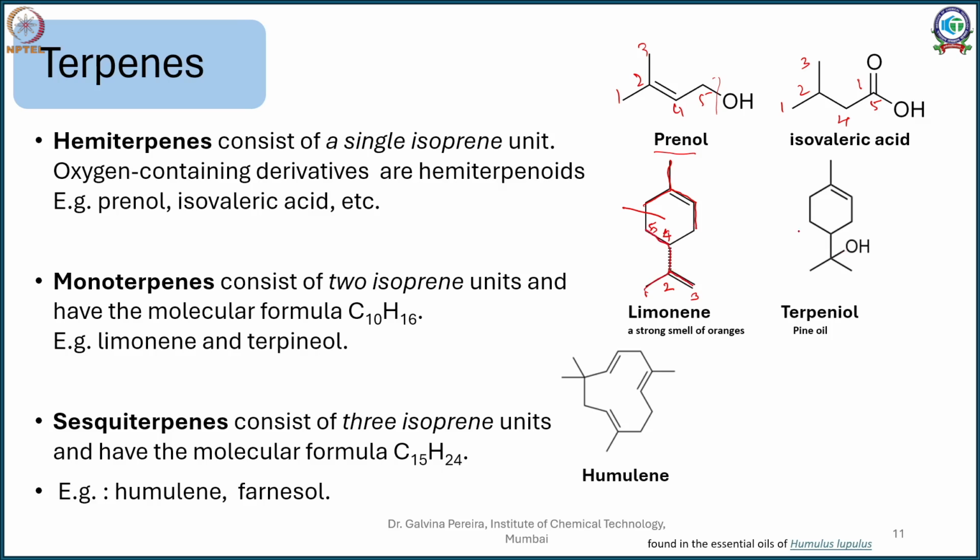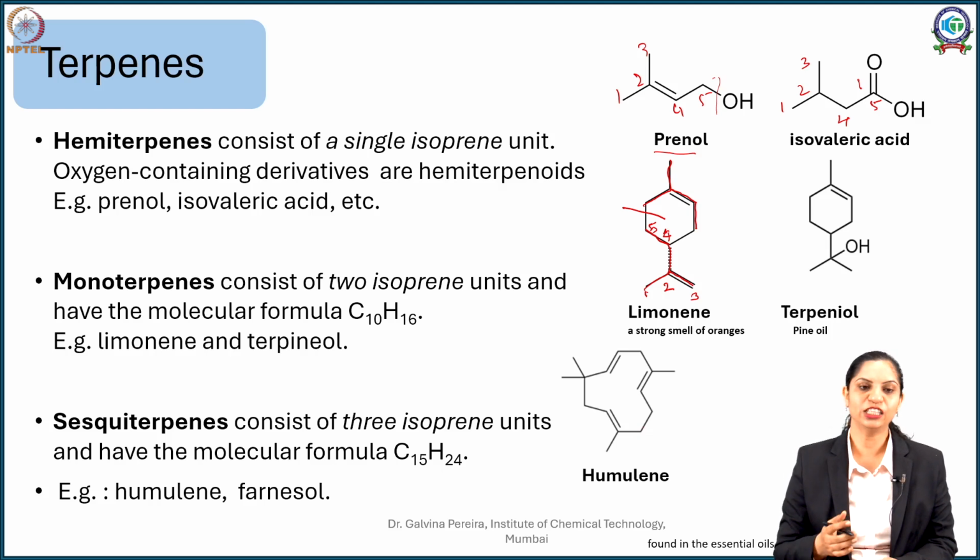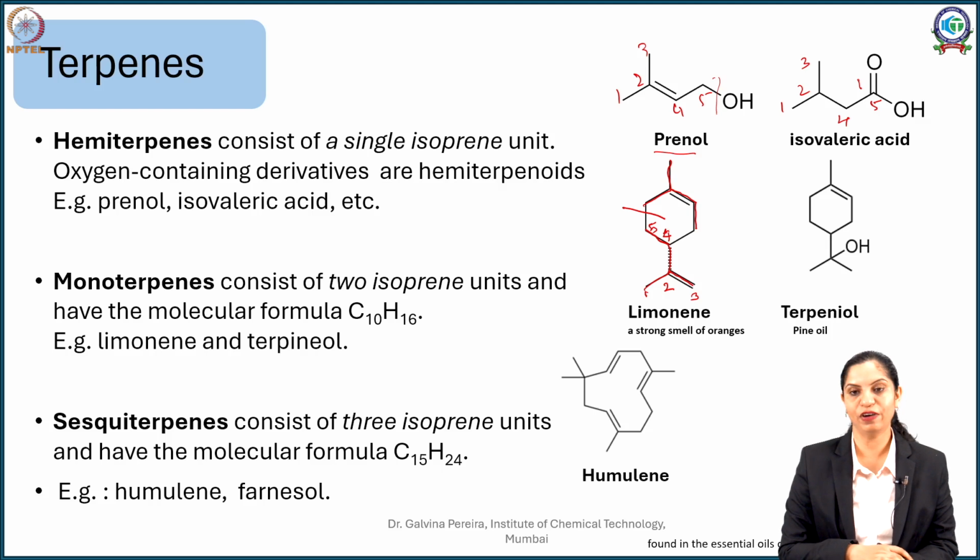Similarly, you can do this for terpenol as well, it is very similar. You want to try the next one, your sesquiterpenes. Sesquiterpenes have 3 isoprenes. So by their nature they are C15 H24 compounds. An example of that is your humulene and farnesol. So you can see here,